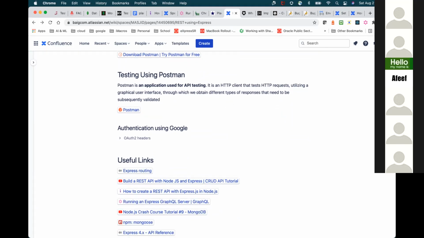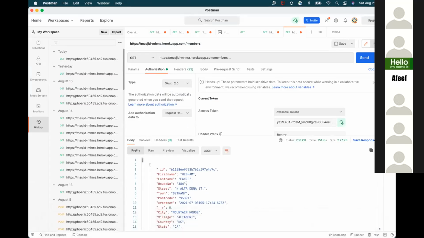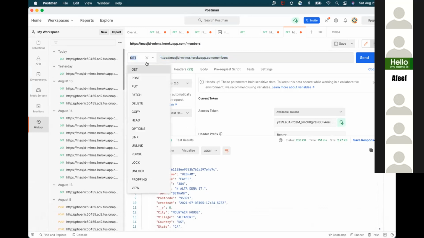Okay, so if you look at Postman, I think I might have it open somewhere. Yeah. So in order for us to use Postman, this is where you put your URL. Like in this case, I'm using our hosted website on Heroku. You can use whatever, localhost colon 3000/members, right? That's fine. And then here you use whatever method you are testing, like get, post, put, patch, delete. These are the ones we use most commonly. These are some special methods which we will probably not deal with for now.